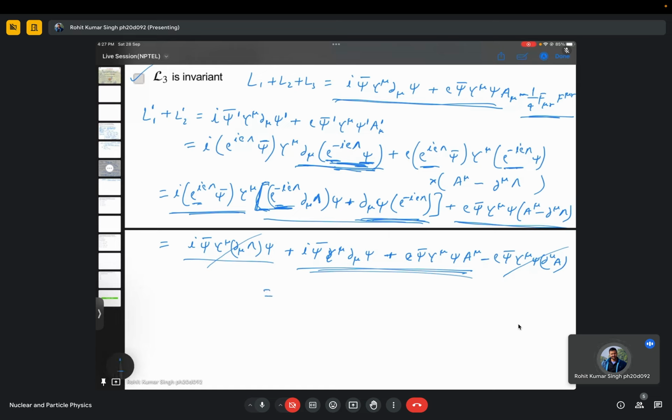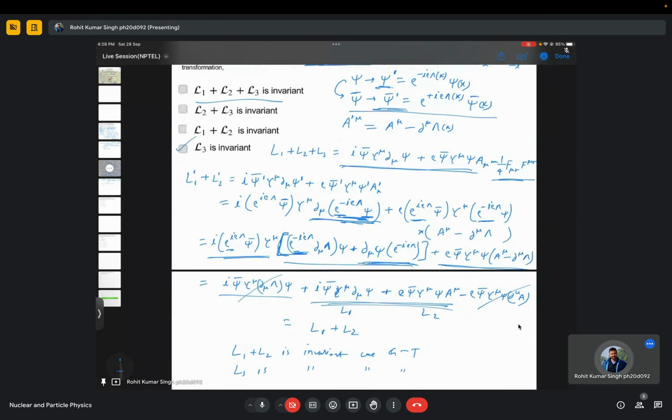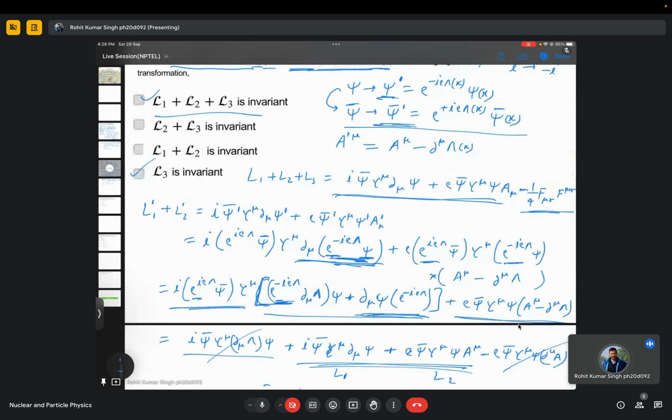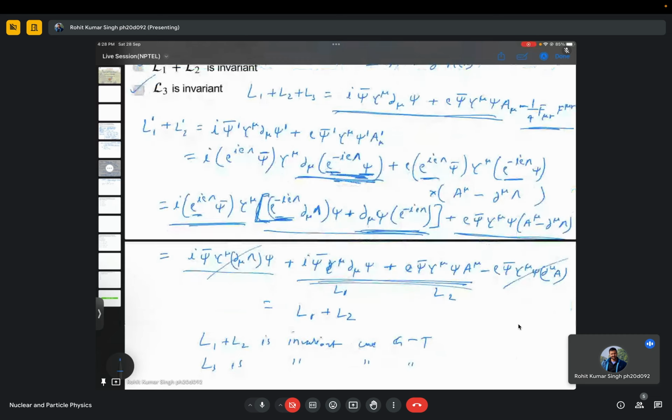So this is your L1 and this is your L2, right? So what we found is L1 and L2 are invariant under the gauge transformation, and we also know L3 is invariant, right? So which options are correct? So first is correct, third is correct, and fourth is trivial. Okay,